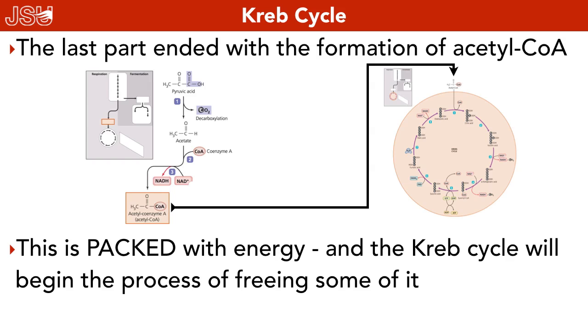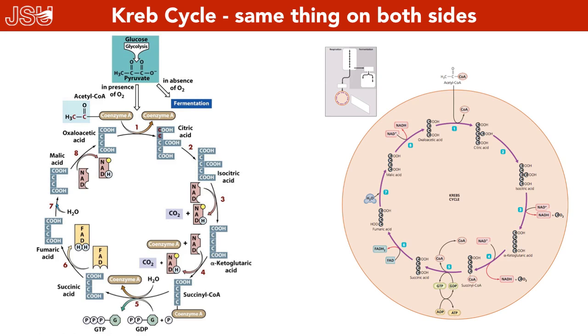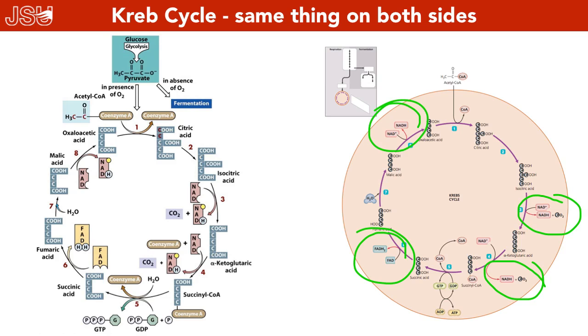Let me show you the cycle here and make a point. Do you have to memorize this entire cycle? No, you don't. But I want to make a few points about it that are kind of important. First of all, it is a cyclic reaction, right? We're going to see that at multiple points, we're going to make NADH. We're going to fill the keg up. And here's another NADH. And here's an FADH2. And here's another NADH. We're filling the kegs up with high energy electrons and protons for the next step after this.